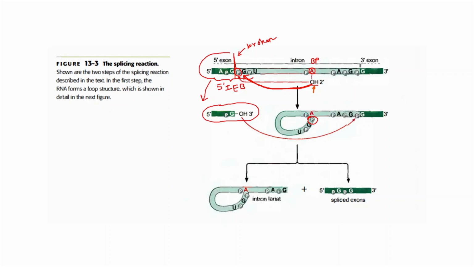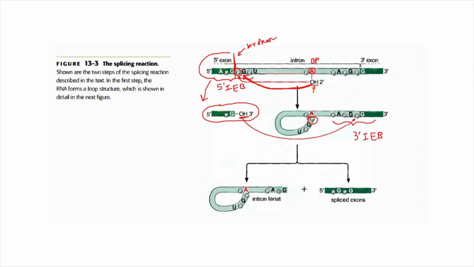So this is the first step. Now what happens in the second step? As you can remember, this was your 3' intron exon boundary. I am writing it as 3' IEB. So now what happens? The released portion of the exon of the first step contains an exposed 3' OH